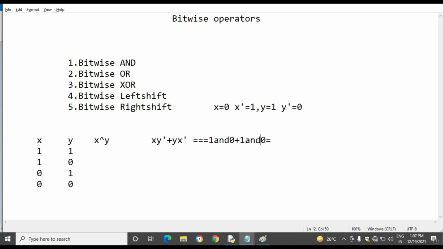So x and y dash: x is true and y dash is false, so false, plus false. If both cases are false, this is also false, so 0. Like that we will perform the same operation for all the cases.